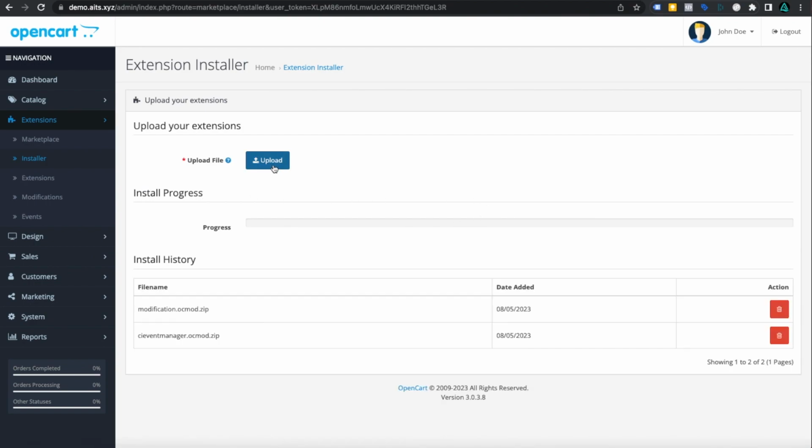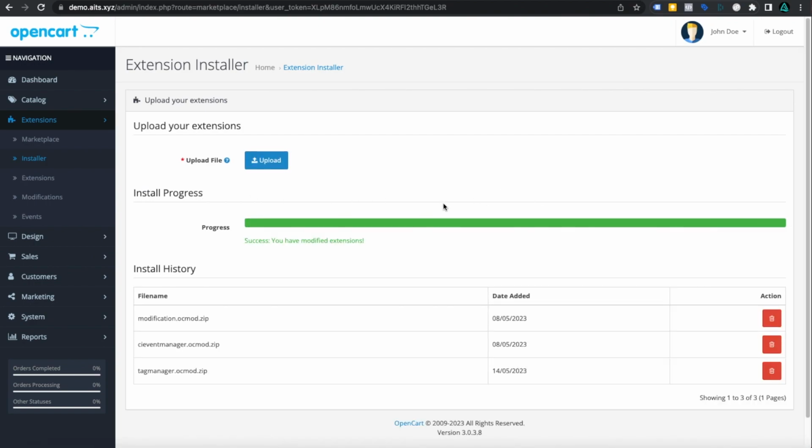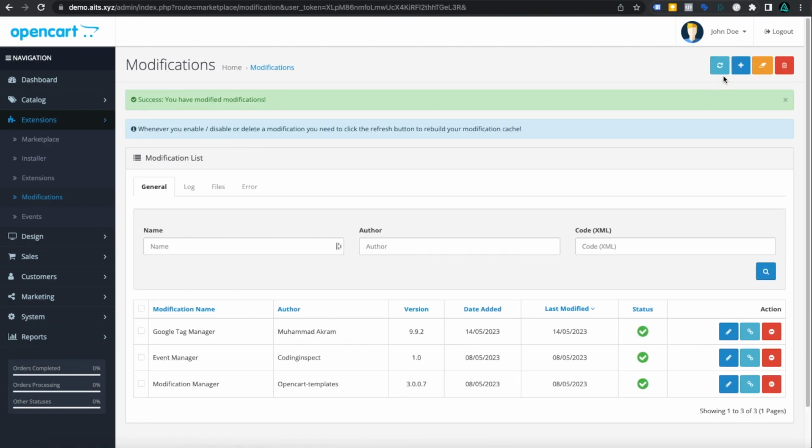Go to installer, upload the extension. So extension is uploaded. Next we go to modifications. We need to make sure that the modification cache is cleared and all the changes are applied. The extension will run on OC mod, so